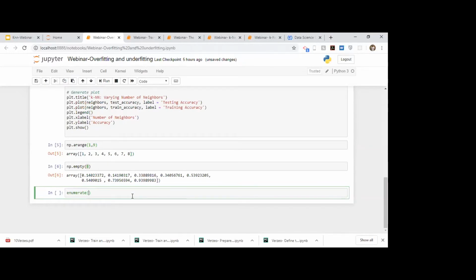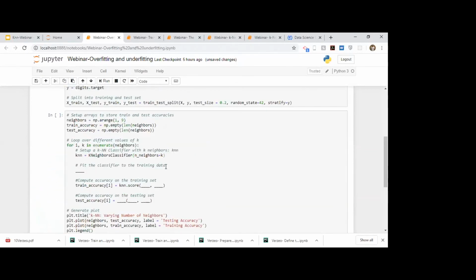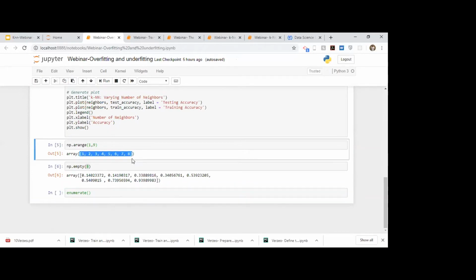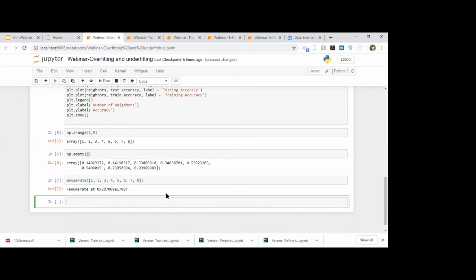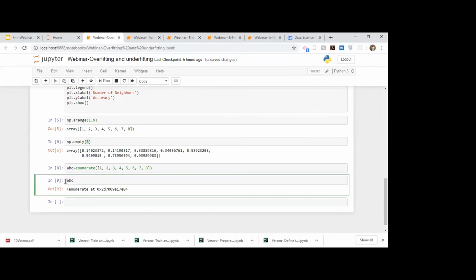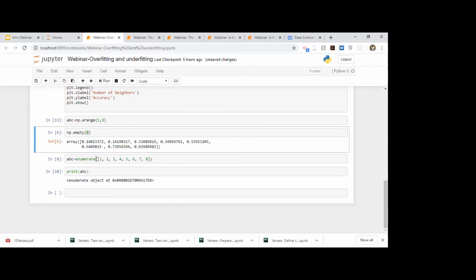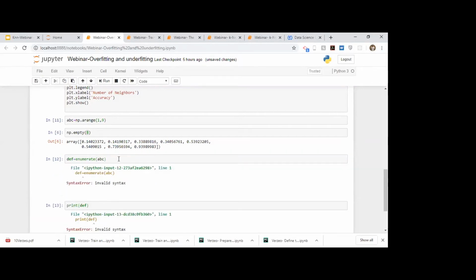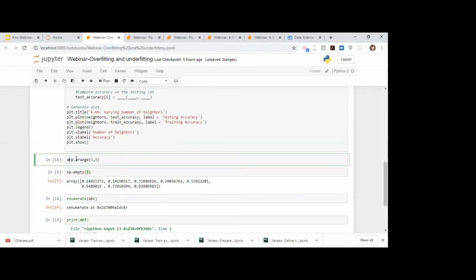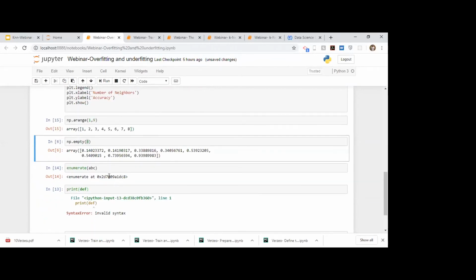Suppose you pass this list, and if I just print it, it is just returning that object. It is not able to print it, no issues. In short, suppose you have a value, and I store the enumerate of it.